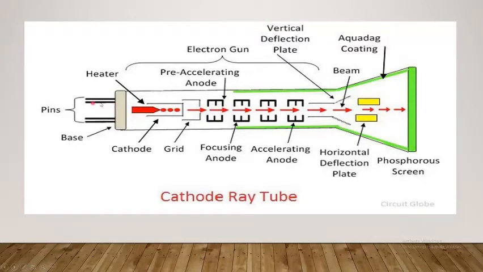So these are connectors. These pins are your connectors. So at one end you have a display screen, and at the other end you have control circuits, that are your connectors. Then the phosphor is coated on the inside of the display screen, which emits light for a period of time when hit by a beam of electrons.